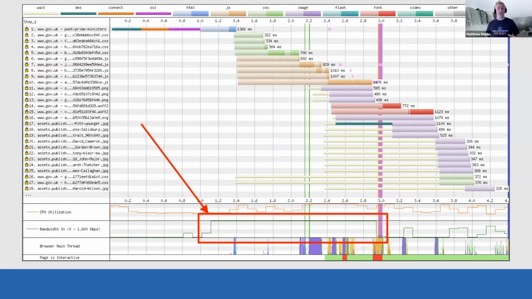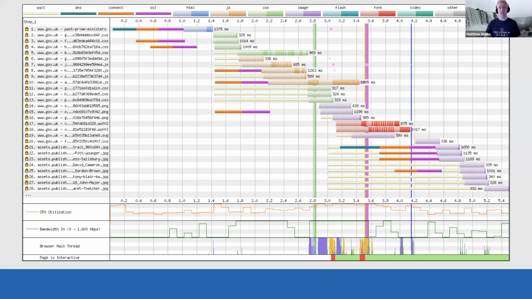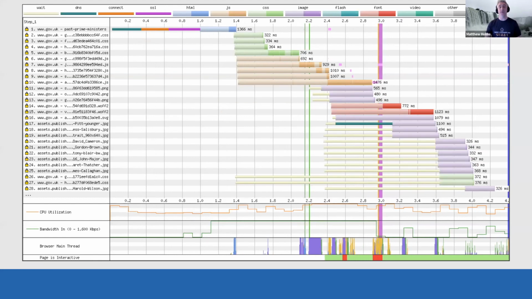Note that the bandwidth from 1.1 to 3 seconds is maxed out. We don't have the gaps over this time period like we did with HTTP 1.1. And this is essentially useful work being done by the connection. If I quickly flick backwards and forwards between the two, you really get to see the difference between the two